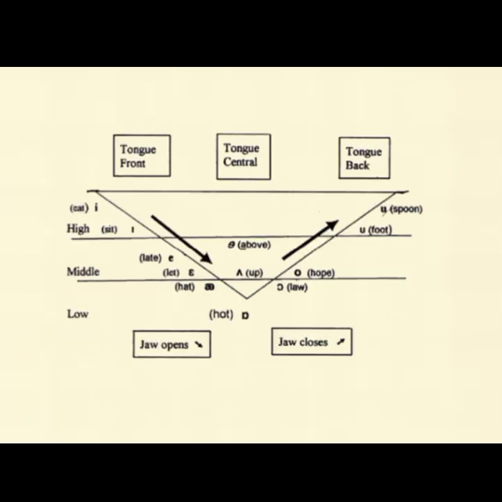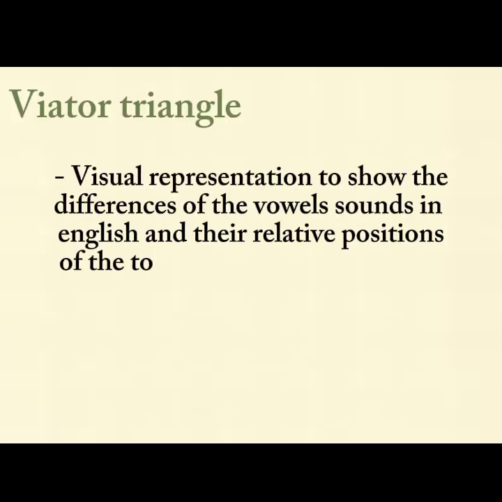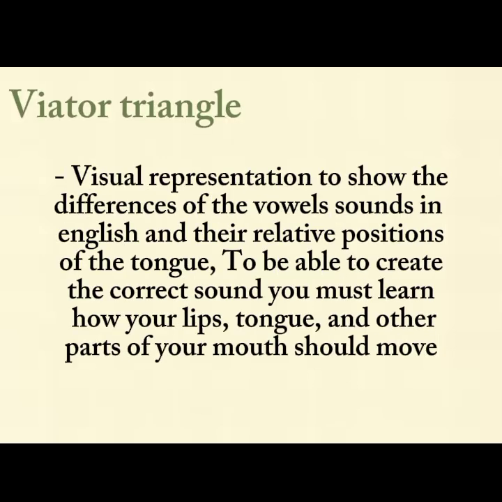So this is what we call the Vowel triangle. When we say Vowel triangle, it is a visual representation to show the difference of the vowel sounds in English and their relative position of the tongue. To be able to create the correct sound, you must learn how your lips, tongue, and other parts of your mouth